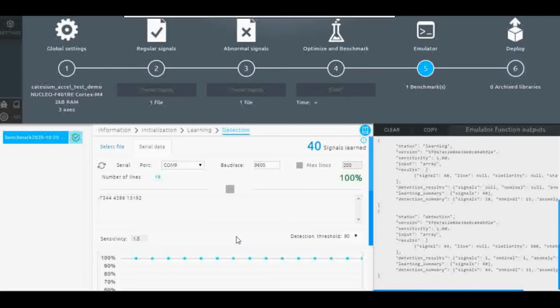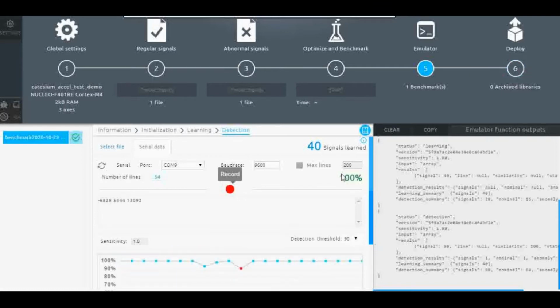But if I keep it at rest position, or if I move it more frequently here and there, you can see now I'm moving it across. In across position it is sometimes going negative, like red percentage is coming. But if I'm doing up and down, 100% similar values are coming. So in this way it is able to learn the pattern and recognize the anomaly on the go.